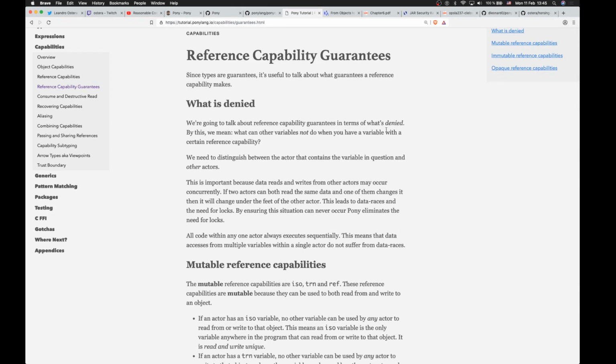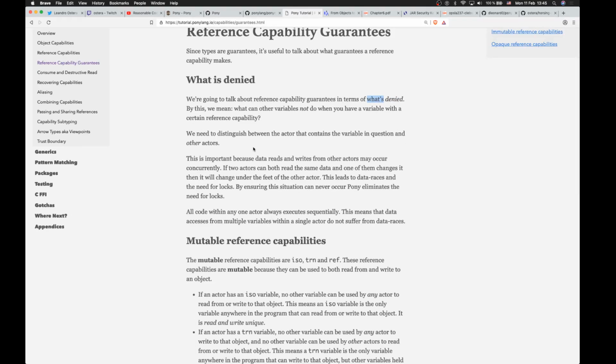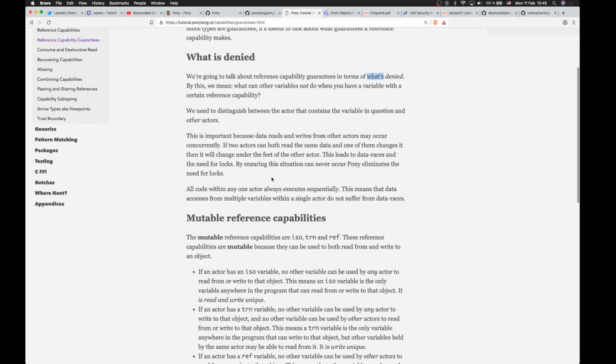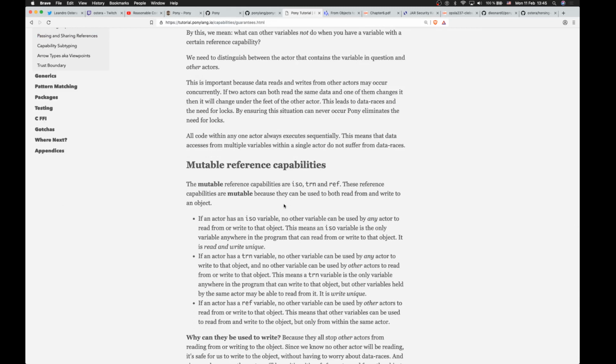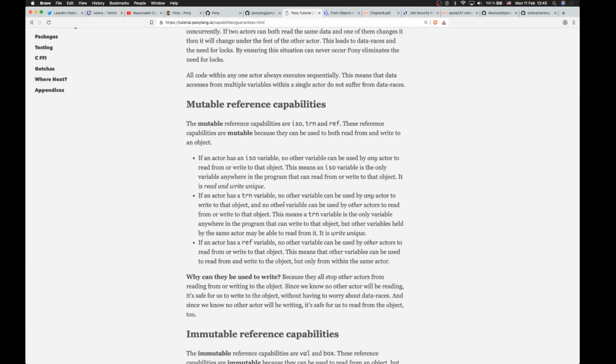They're going to talk about what's denied on each one of the capabilities that you grant to a particular variable. Okay, so